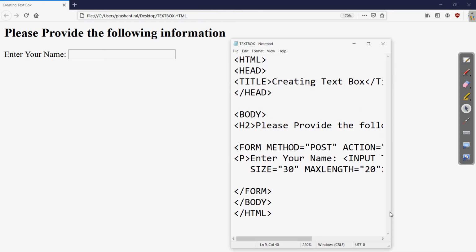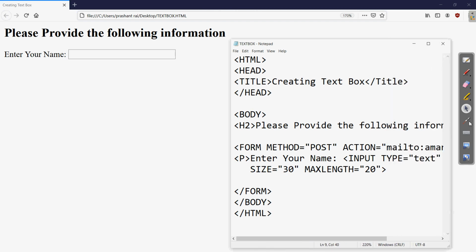This was our program, and at the top we have mentioned with the heading tag "please provide the following information". The same is visible here, and whatever title you have written, like "creating text box", the same title is appearing in the browser tab. So the title appears at the top of your web page in the tab.